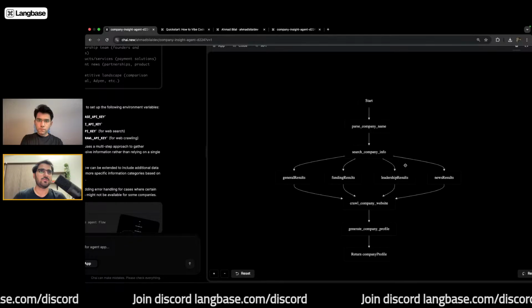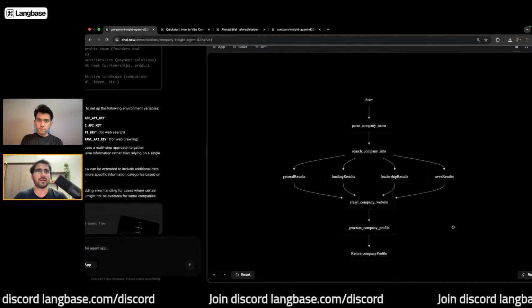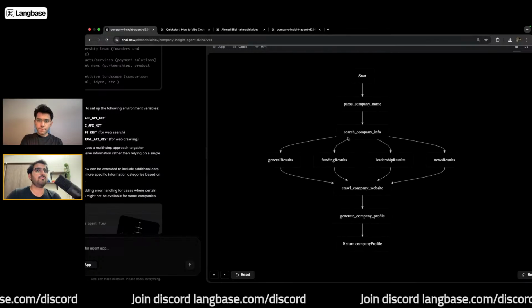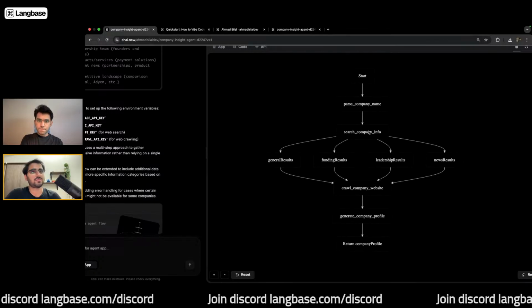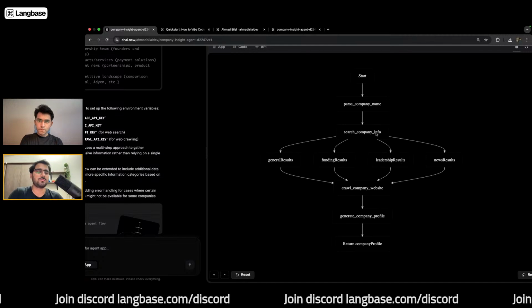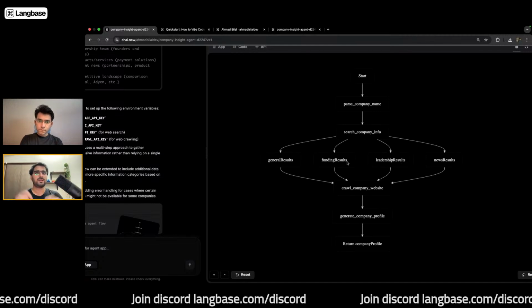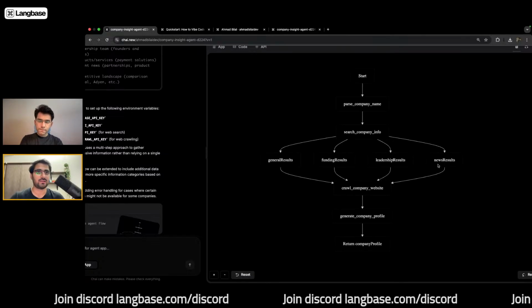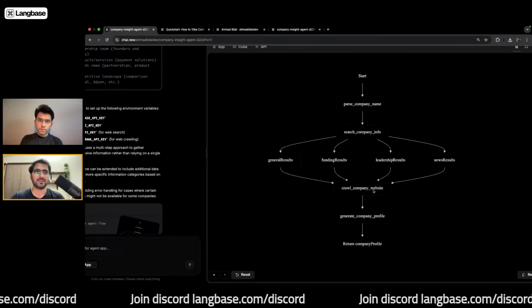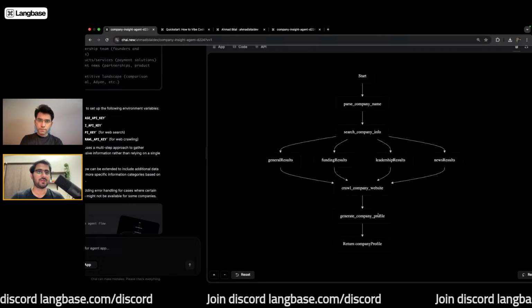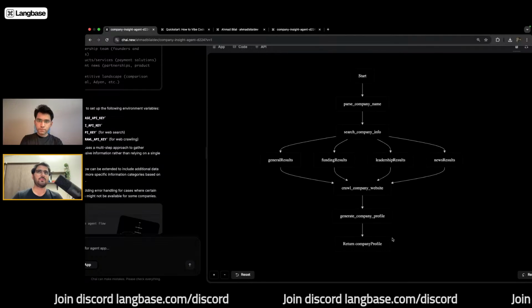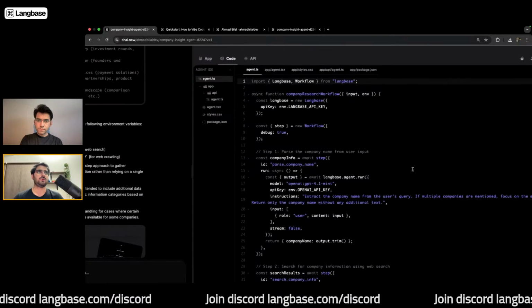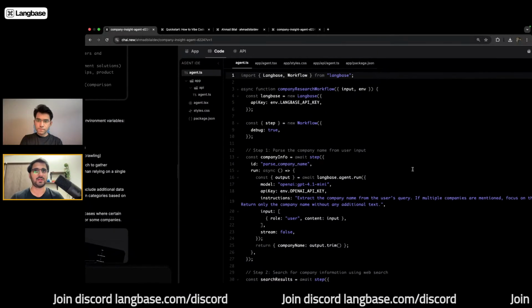As you can see, it takes an input and parses the company name. It then does a web search for the company's info, and these are the key parameters it looks for. Once it has that, it crawls the company website, generates its profile, and returns it. With that out of the way, we can look at the code in a more nuanced way and understand it better.